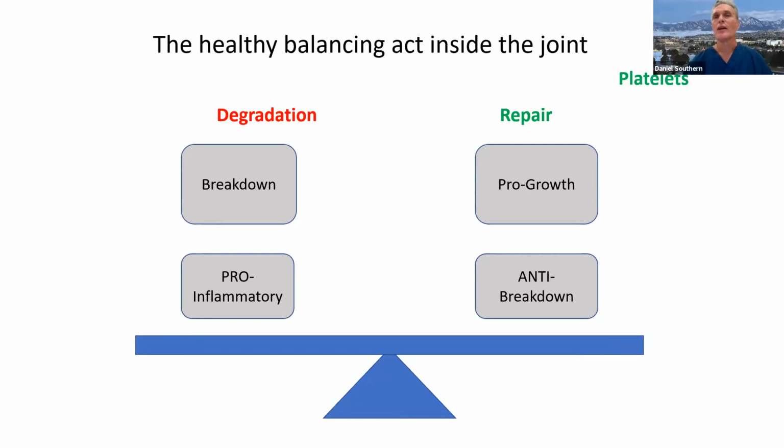What do we get? Well, we get a bunch of hormones and cytokines. These are hormones secreted by cells locally that work against breakdown forces in a degenerated joint. They immediately turn off the destruction that's occurring in the joint. And this is a destructive chemical microenvironment. What these platelets are doing is secreting these substances here that turn a destructive microchemical environment into a pro-growth supportive